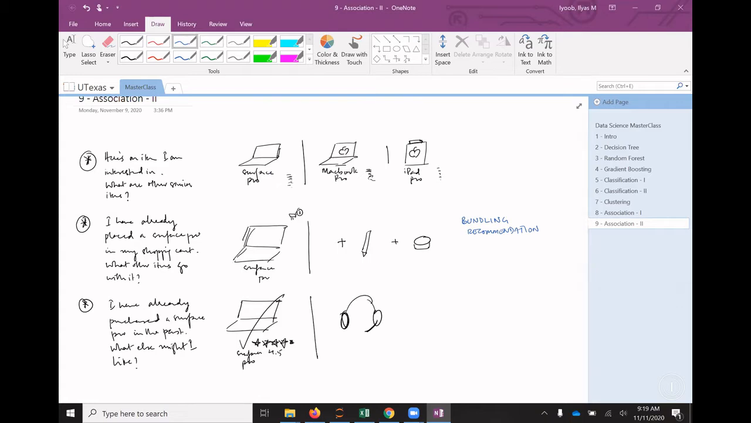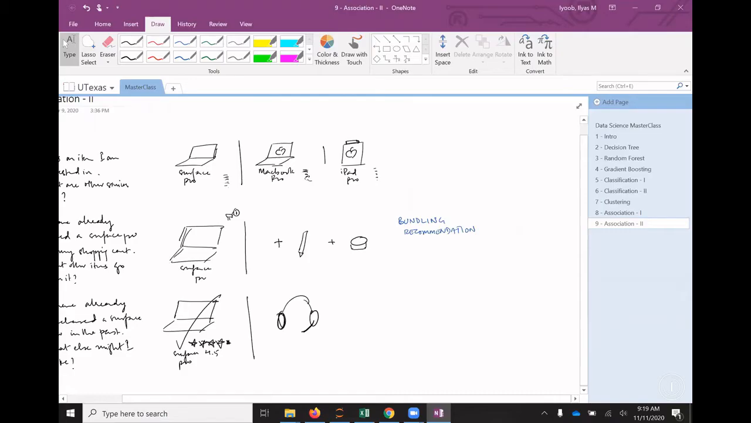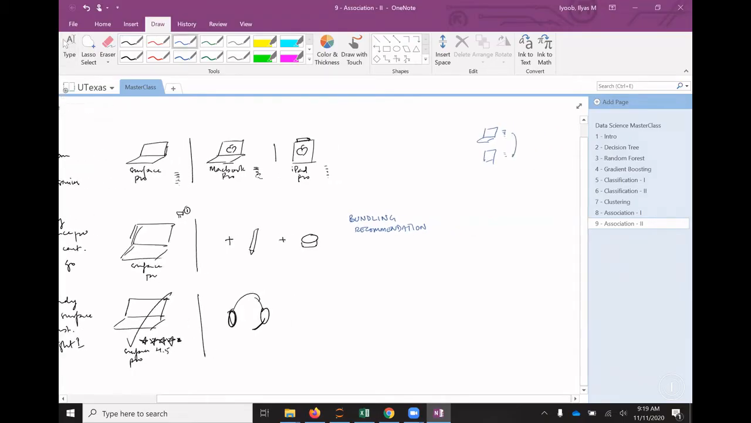Here, the way it works is you have multiple items, right? You have the description of the MacBook Pro, you have the description of the iPad, you have the description of many, many items. And so what it looks for is a commonality between items. Okay, so it looks for commonality